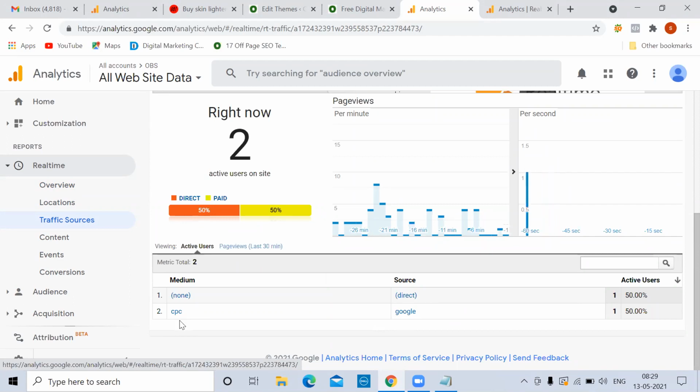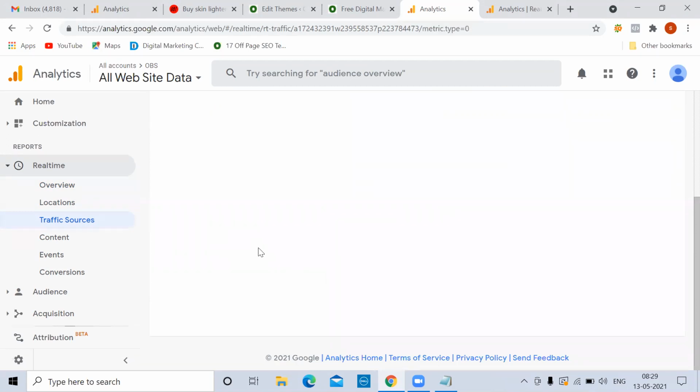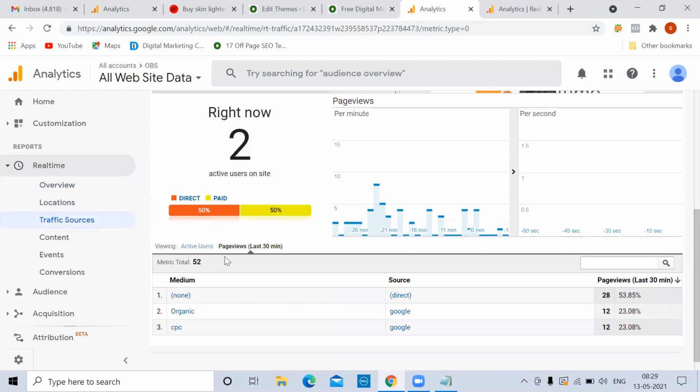Now you want to see in the last 30 minutes how many people came. Just above that you have an option, page views in the last 30 minutes. You click, it will show you that in the last 30 minutes 52 people came to your website. It's not easy. It means every minute someone is coming, so the website marketing is working very well.